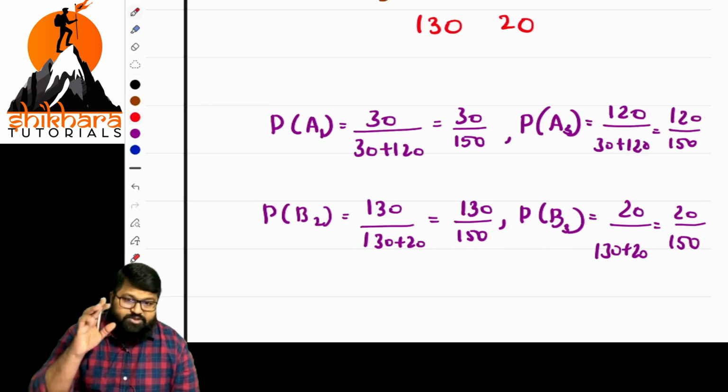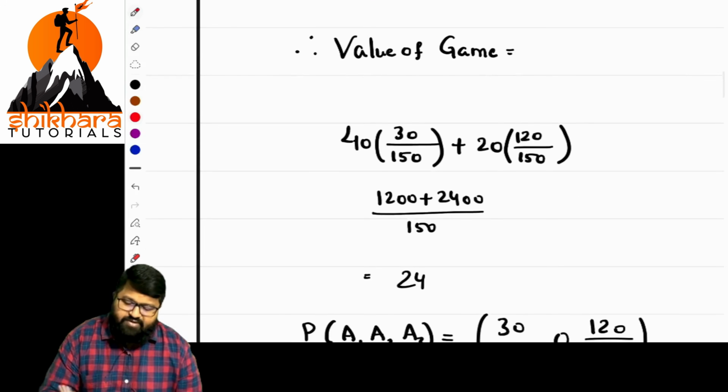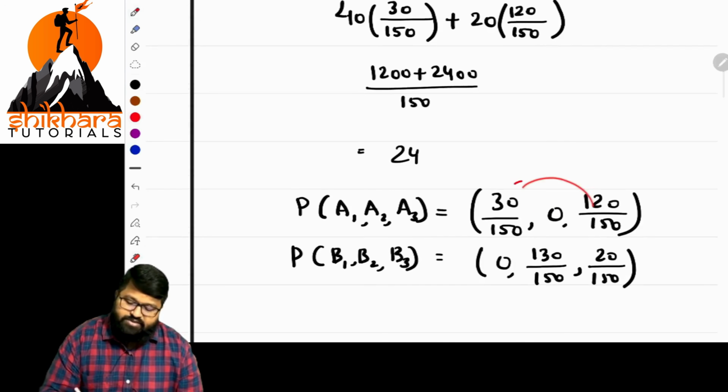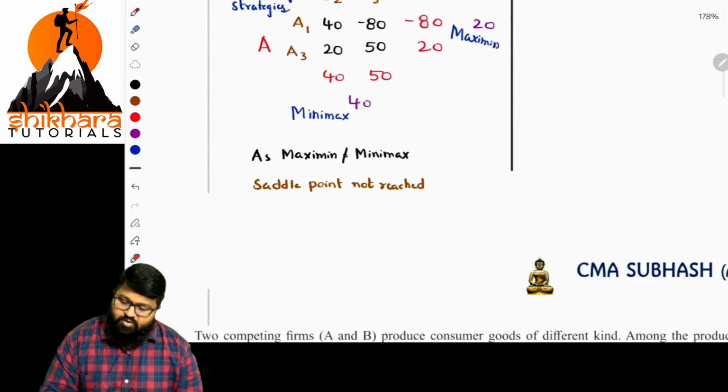And one more thing: when you are writing at the end the value of the game, what is most important is that you have to mention the probabilities for all the values. Okay. Value of game is here. The same way we mention the probabilities for this also, because of zero parts. That is the most important aspect. Okay. If it is done, let us go with the other problem.